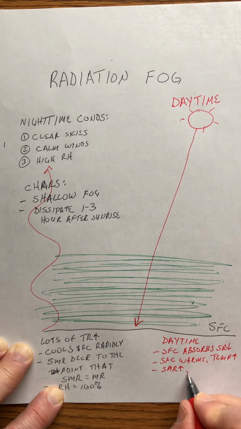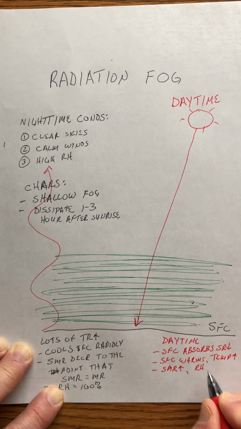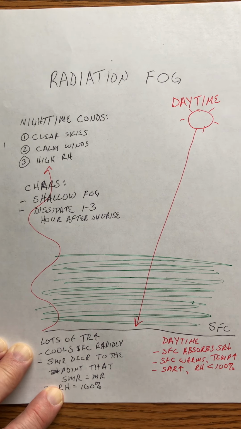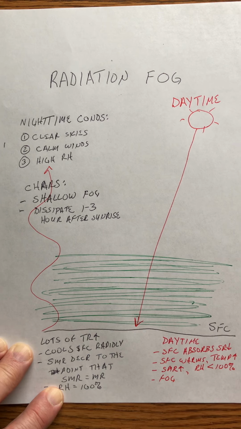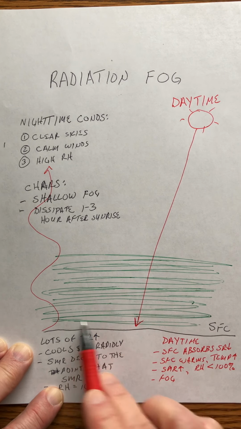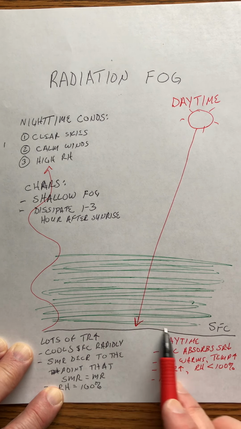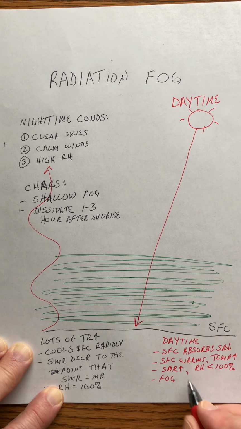Okay, and therefore the relative humidity will drop. It will become less than 100%. We've got unsaturated conditions, and so the fog, it's going to appear that it's lifting off the ground. So the fog will dissipate from the ground up,